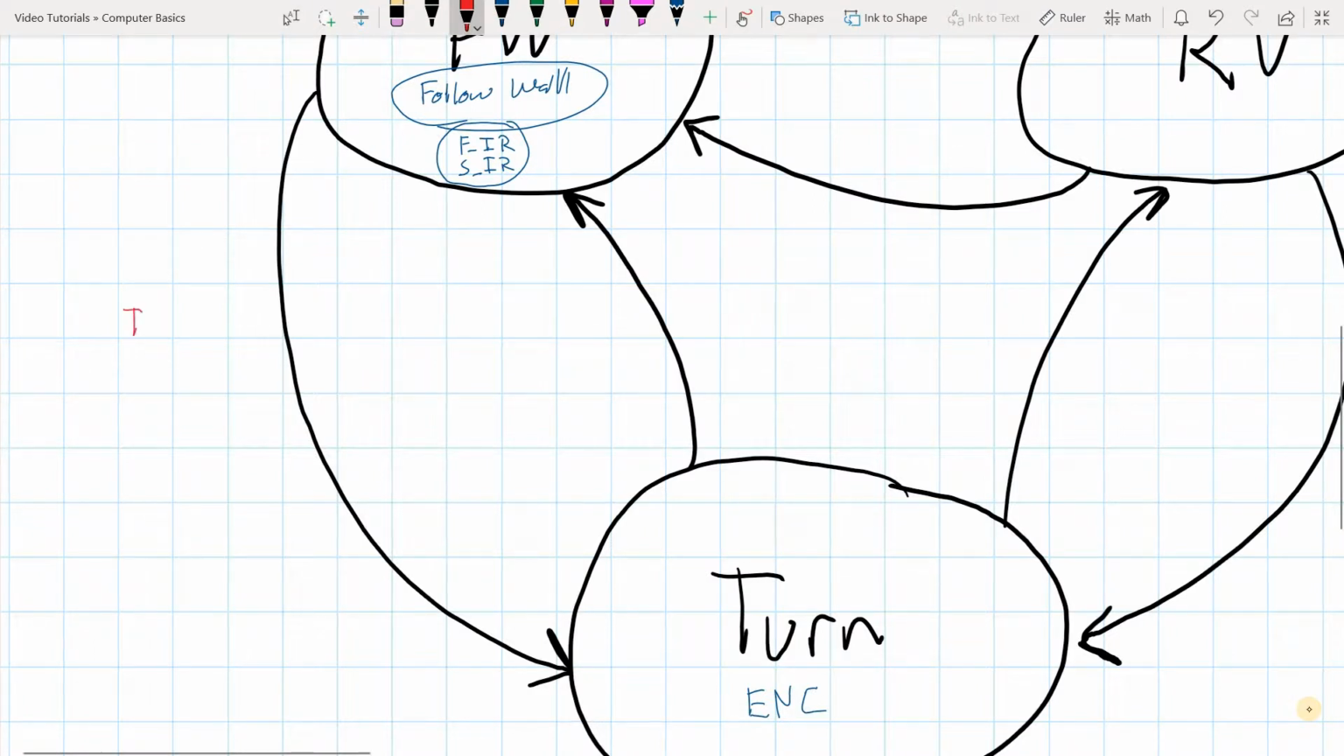And if the turn counter is less than 4, and the IR sensor in the front is less than some value, then we know we've reached a corner and it's time to turn. So we're going to perform a service on that. We're going to increment our turn counter,